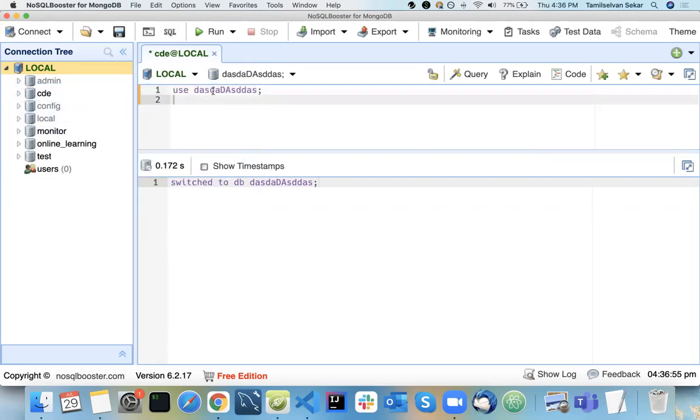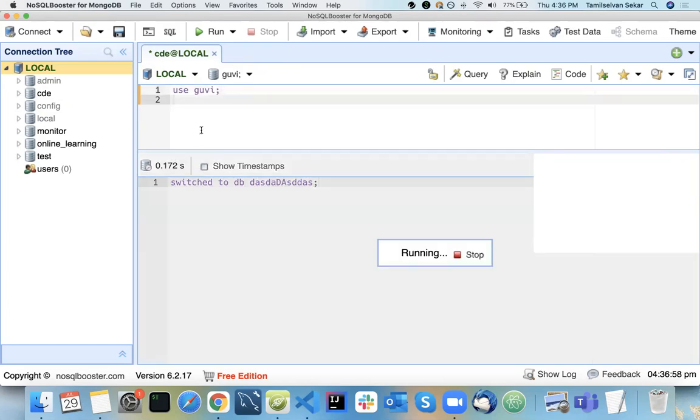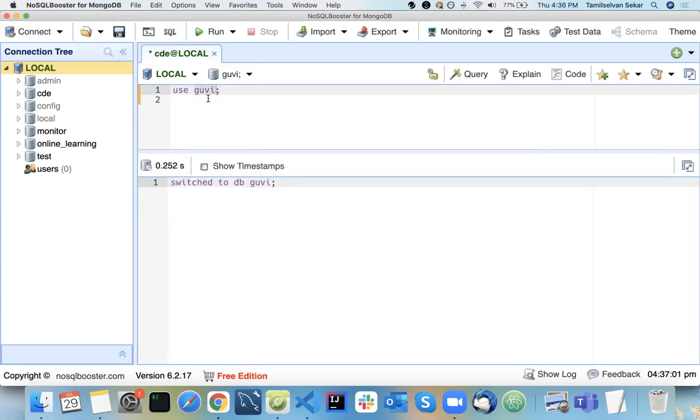The reason is it just keeps it in memory and chooses that all the queries are to be made inside your GUI database. But since you don't have any collection for your GUI, the GUI database will not be available. It will be deleted, basically. It is just throwing a message, but the GUI database is not created in MongoDB. So this is all about creating a database.